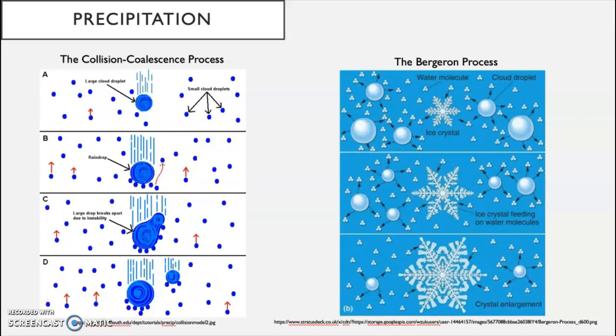This process is based off the knowledge that cloud droplets remain liquid at temperatures as low as negative 40 degrees Fahrenheit. Cold clouds are made up of supercooled droplets and a small amount of ice crystals. Supercooled droplets are created when liquid water is at a temperature below freezing, yet remains liquid. When the ice crystals and the supercooled droplets are both present in a cloud, it is the ideal mixture to